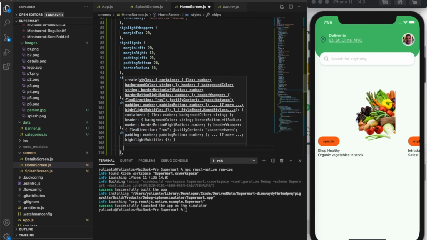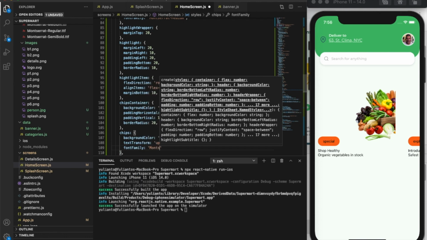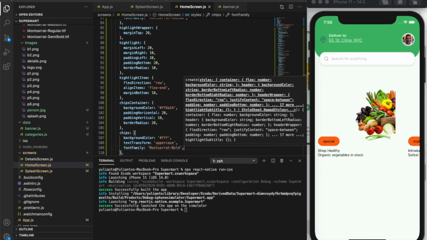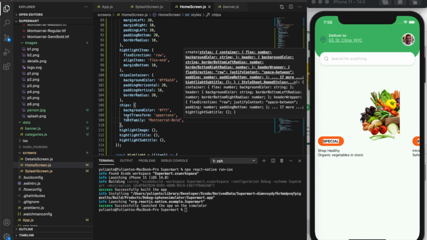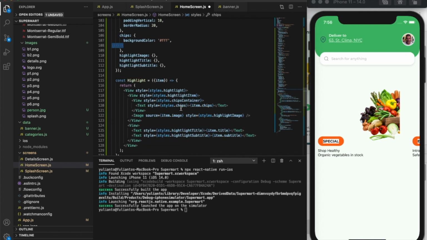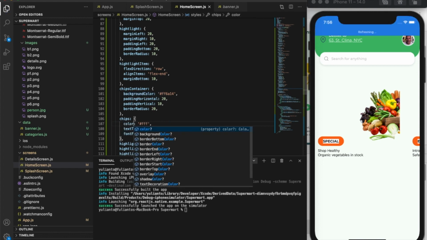And we're going to change the font family to Montserrat. Oh, I'm sorry, I'm in the wrong place. Wait a minute. Oh, it's not background color, it's color. Okay,